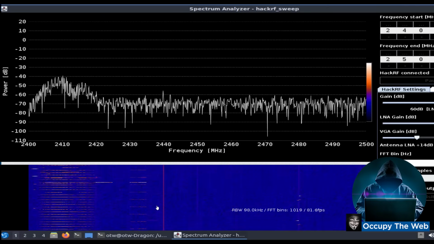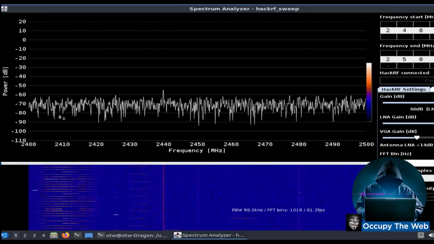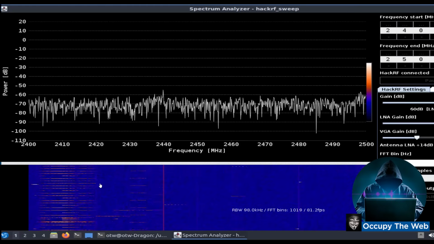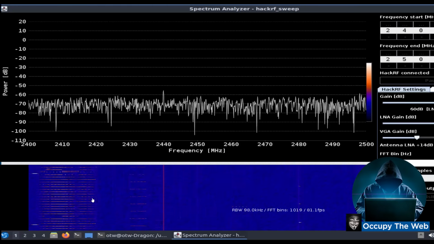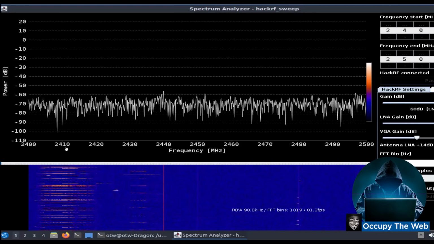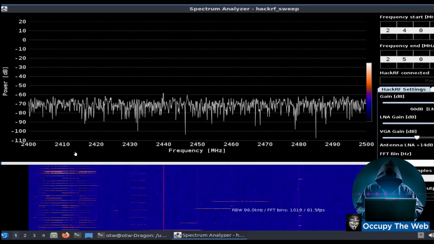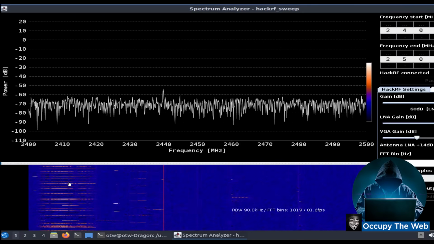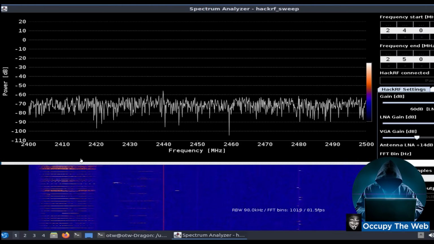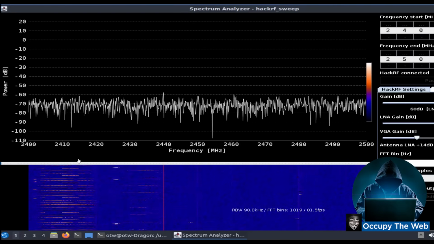The reason I find this interesting is that we're seeing this signal spread over multiple frequencies. It's not all going over a single frequency. It's going over multiple frequencies. That's called spread spectrum, and it's a frequency hopping mechanism. It's a part of cryptography,